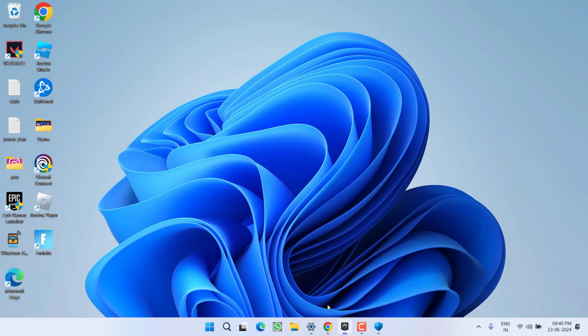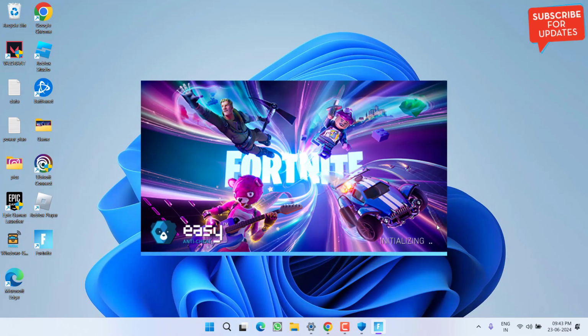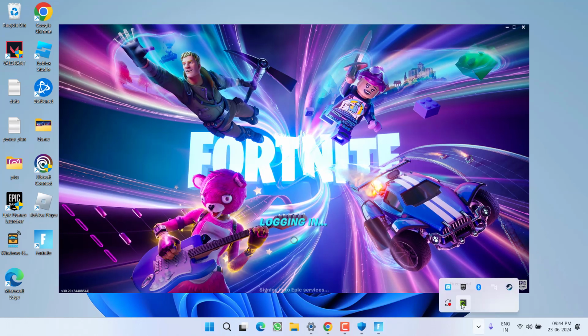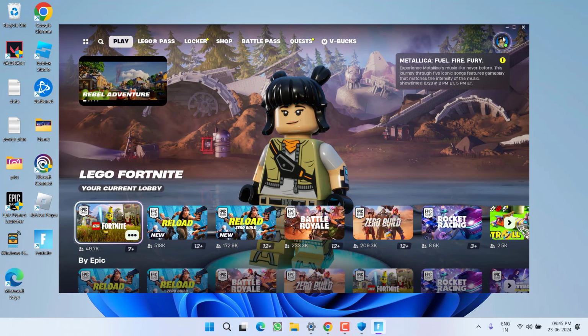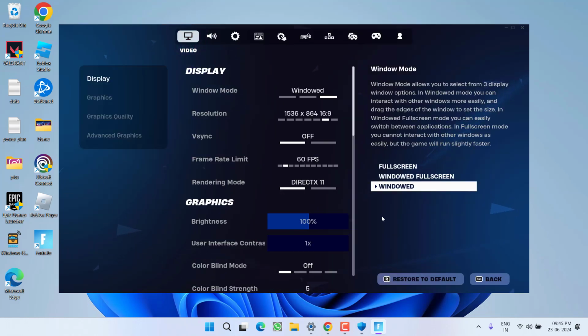Go ahead and simply launch the game. Now once you are logged in, click on your profile icon and from here click on this gear icon to launch the settings.